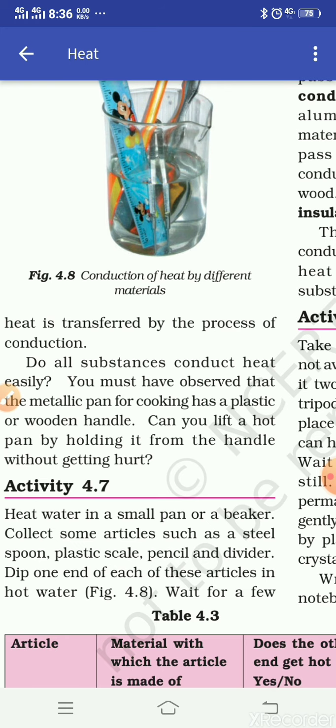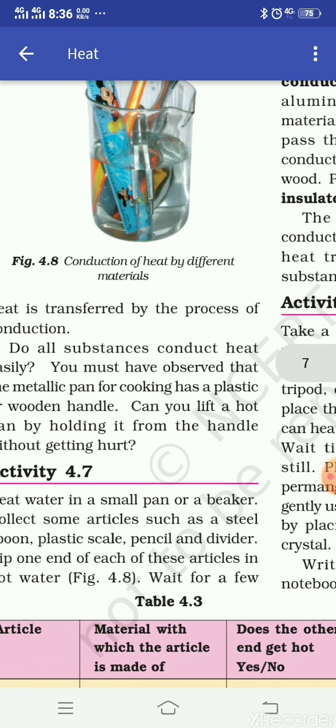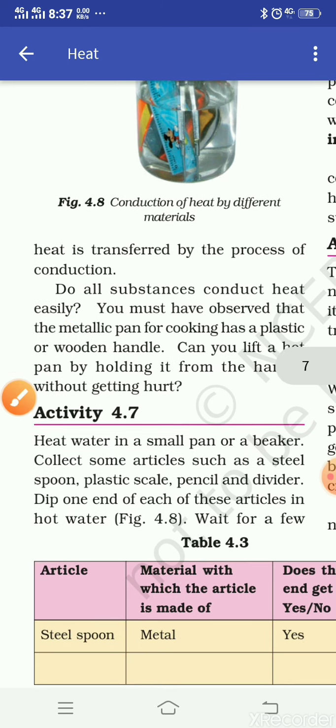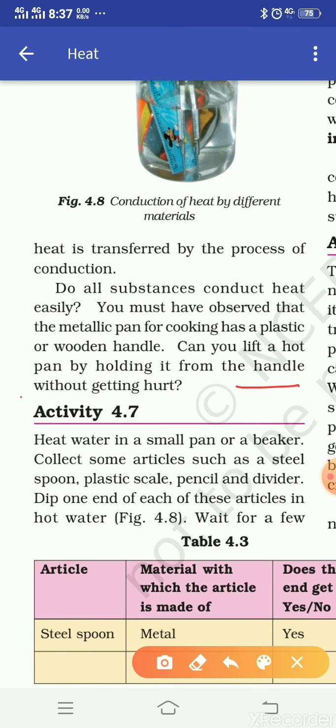Do all substances conduct heat easily? Now the next question: do all objects conduct heat? The answer is no. How can you say that? We know that when the handle of a utensil is made of wood or plastic, we do not feel it hot.